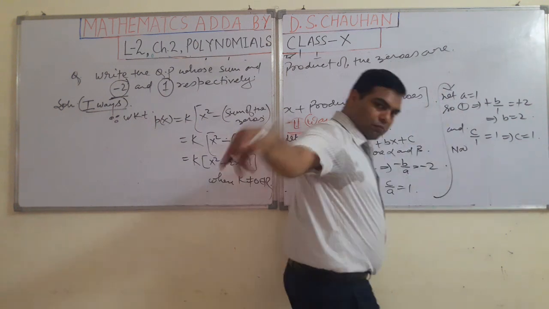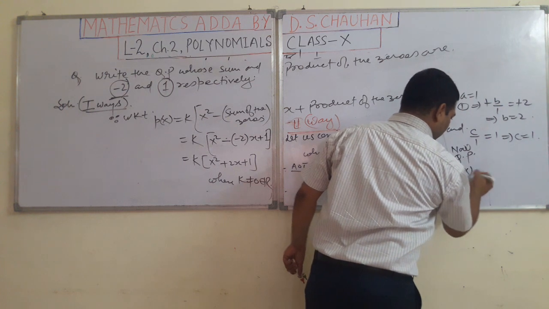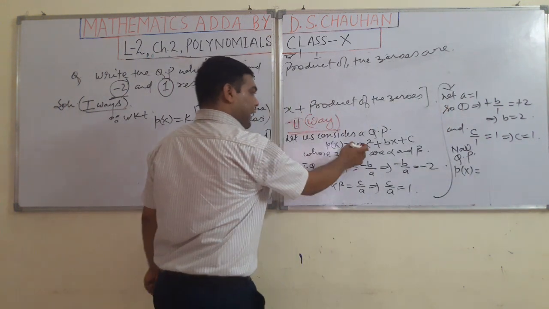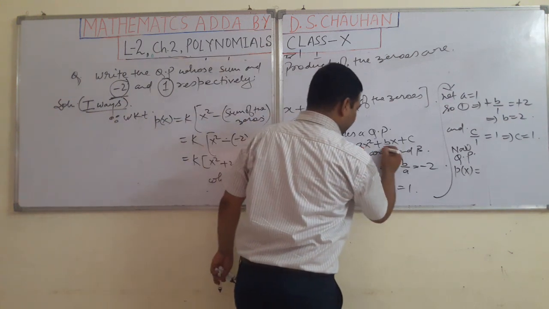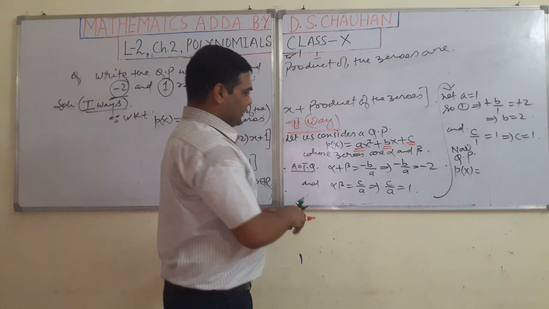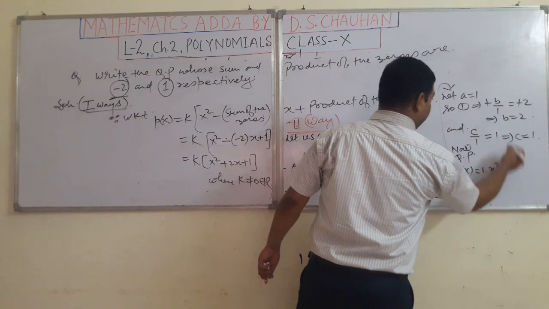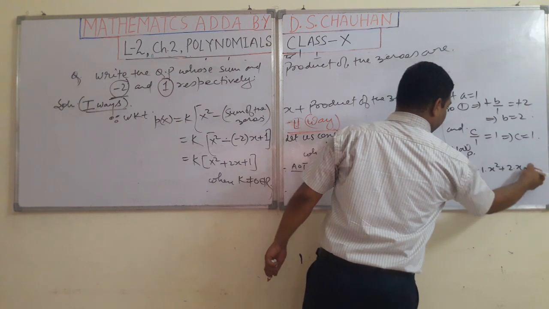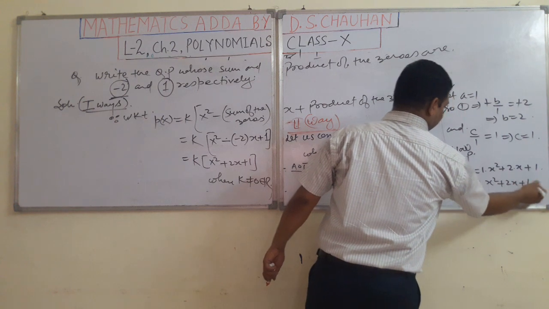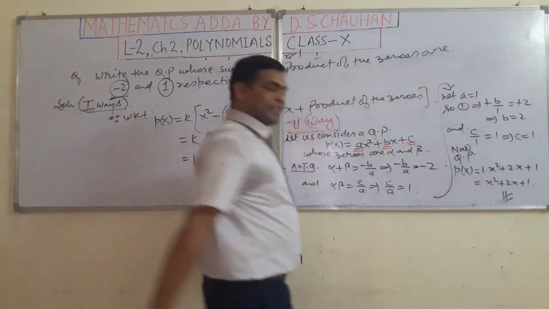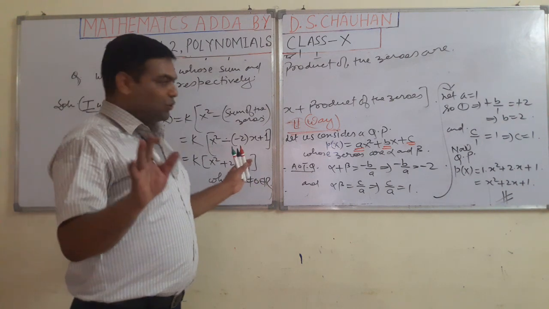Now the quadratic polynomial becomes Px equal to, look at it easily. Here ax square plus bx plus c, easily we will put the values of a, b and c. So what we have now: a is 1 into x square, b is 2 into x plus c, it is 1. So what we have, x square plus 2x plus 1. This is the answer. Okay, so in this way I hope it is clear to all my students.